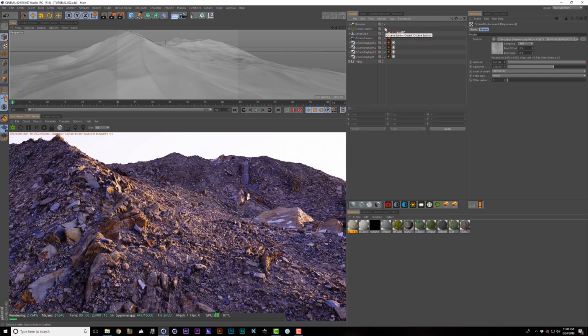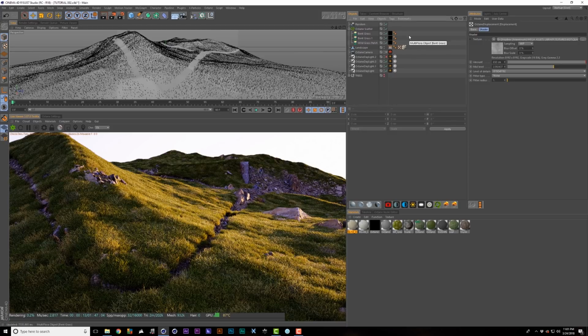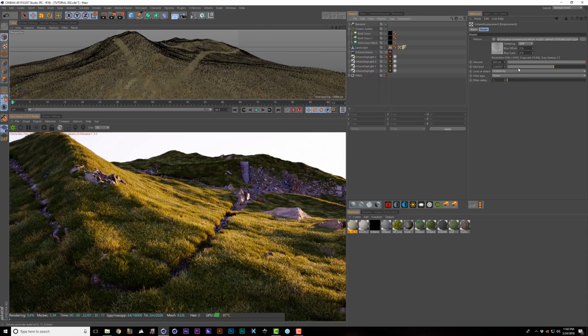So let's see how this is working with our Octane scatter. So let's turn that back on and turn back on our patches of grass. Cool, so this is already looking great. One control that can help a lot is just under displacement, there's this mid-level. And so this controls basically whether the displacement is displacing out or inwards. So you can see if we mess with this here, say we take it down,